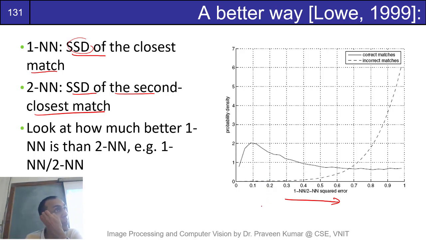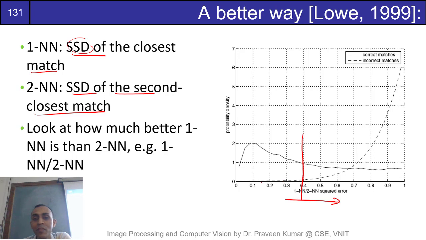If it is an ambiguous key point, or if it is a random key point which is getting matched, then the reverse thing will happen, which is being shown here also. Initially these incorrect matches are low, and when this increases, the incorrect matches are high. So now this graph will give a better idea where to put the threshold. For example, if you put the threshold around here,